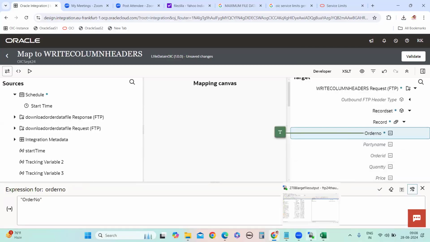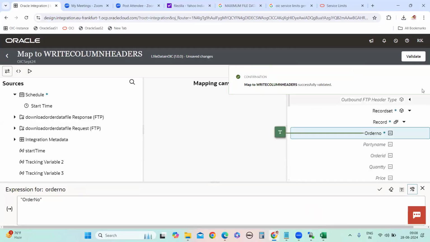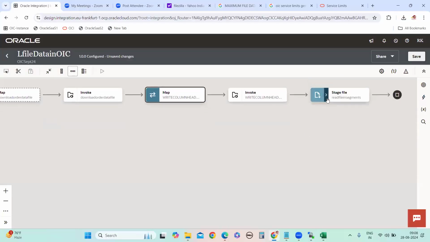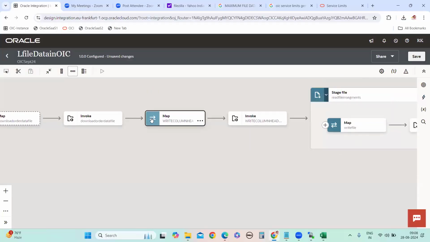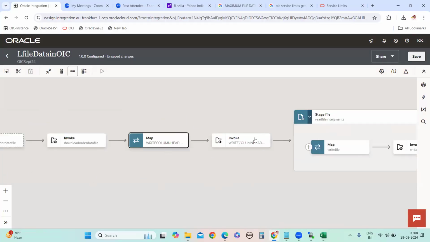What will happen if you go to the integration? I am not adding everything. You add this one, guys. Before you enter the read file segments, only the file will be sent to the respective destination with the column headers. Then when this enters, we have mentioned here read file append existing file, so the data will come in this part, and in this part the column headers will come. So you try this one, guys.